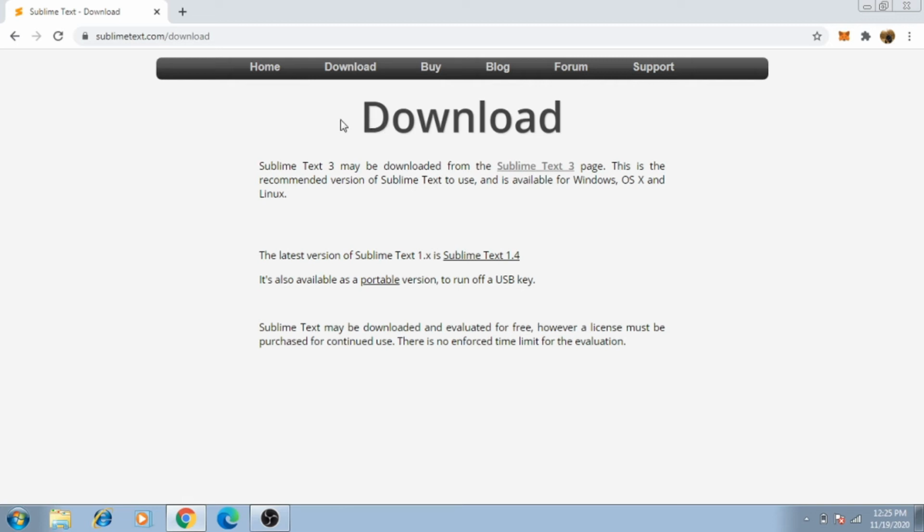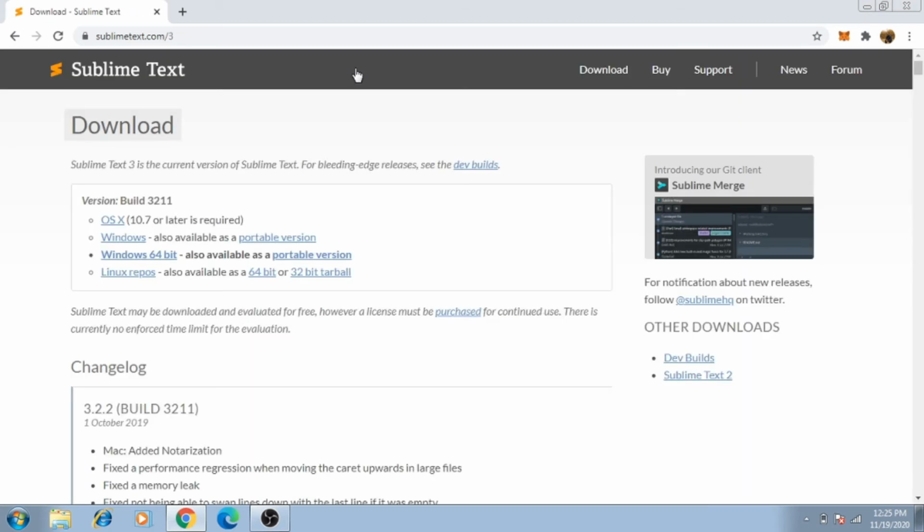In this site, click on the download link. It will open the next web page. We have to select the particular version of Sublime Text Editor depending upon the operating system installed on your PC. I am selecting the Windows 64-bit hyperlink because the Windows 7 64-bit operating system is installed on my PC.